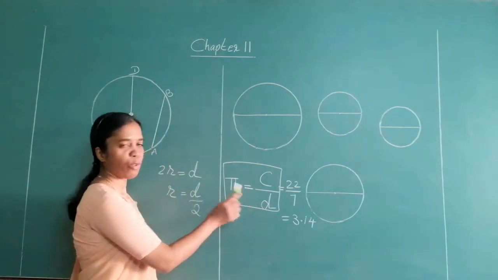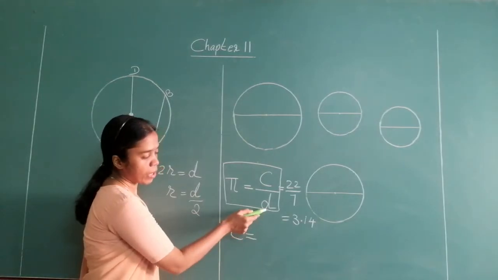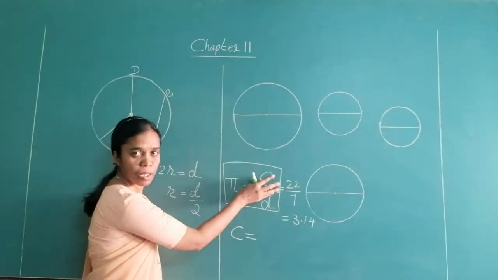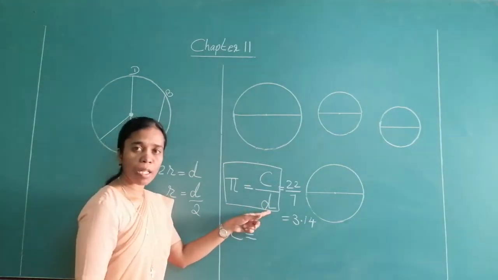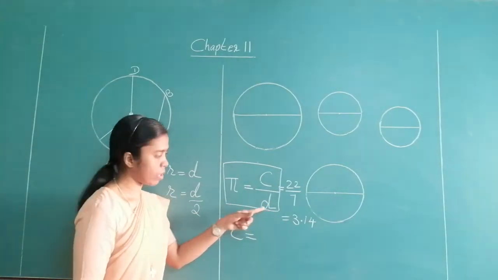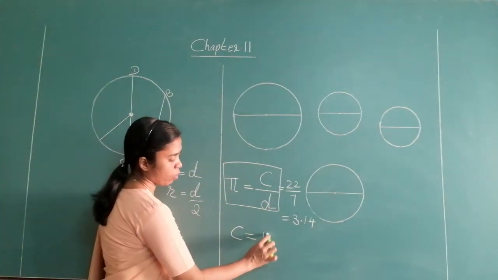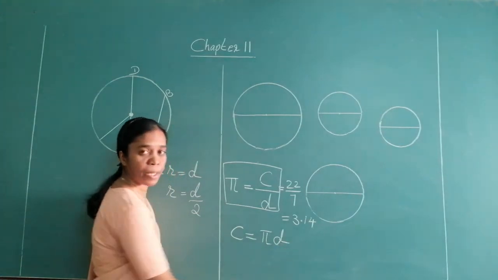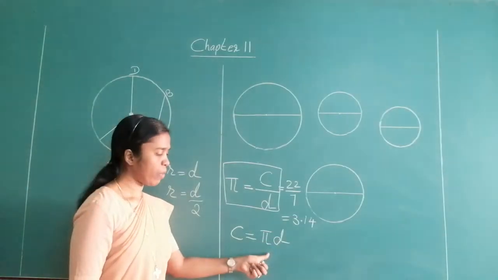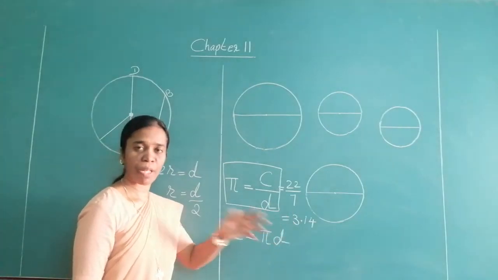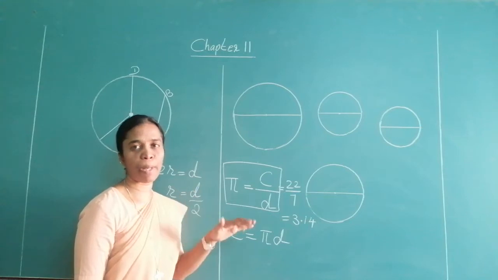How? Here is the formula. Circumference equal to, bring this denominator, that means keep circumference on one side. What is here? Extra denominator, diameter is there. Bring it on the other side. So you have circumference equal to pi d. That is circumference is equal to pi into d. Pi value we know it by heart, and we have to know it by heart. Henceforth no one will tell you what is the value of pi. You have to know it by heart.